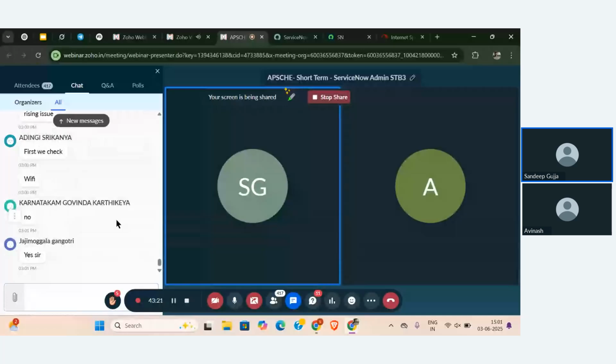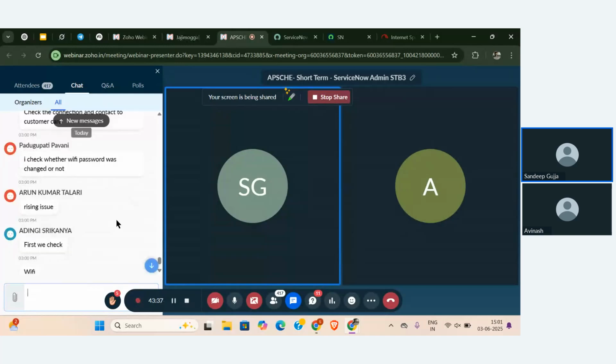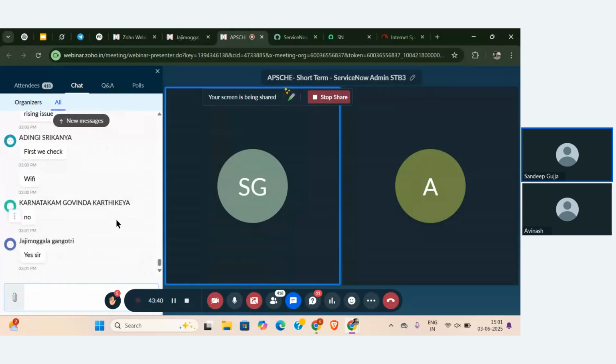Okay. There will be an option over there in the Wi-Fi on button. If you long press that, it will automatically shut down the Wi-Fi. Then you can restart it once again, so that it will catch the network once again. If that is not working, and you already reset it and it is still not working,